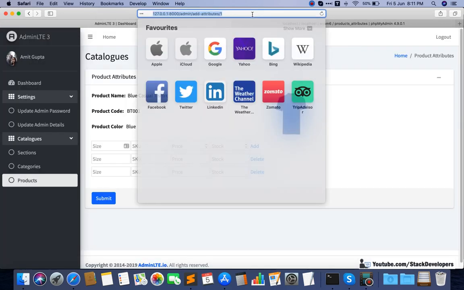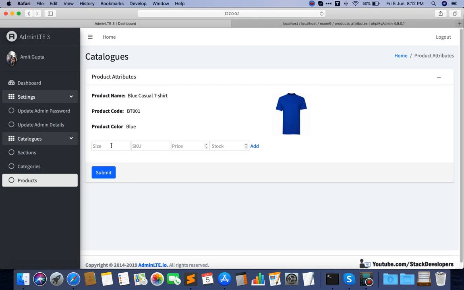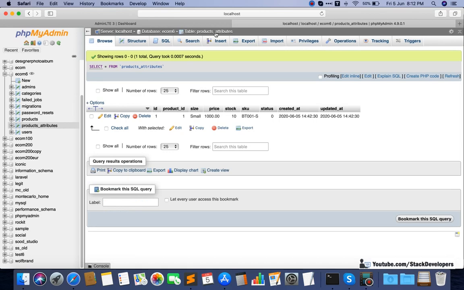Now I am going to add one column here, the same one once again: BT 001, small, S, stock 1000, price 10. Okay, I'm going to submit. Now you can see the data has come up here.